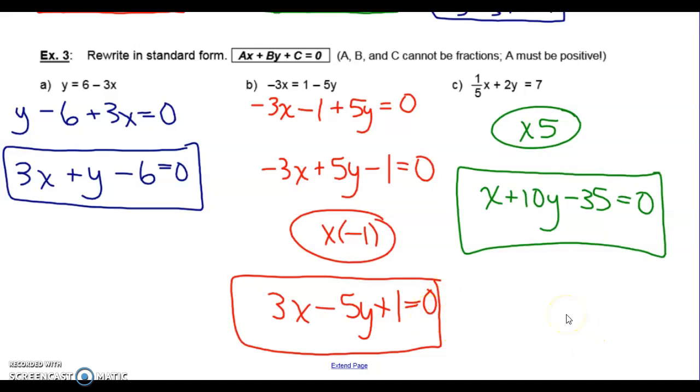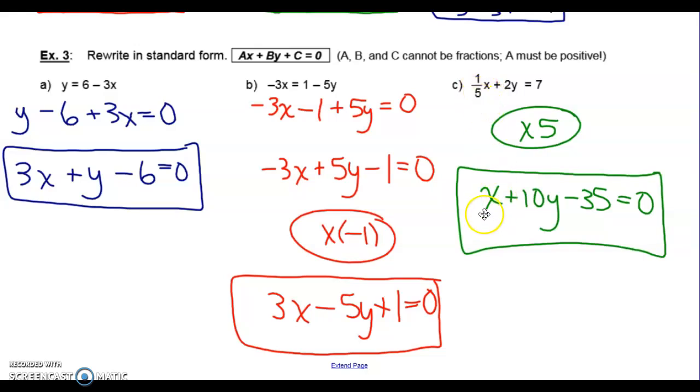Okay? In my last example here, example C, notice that I have a fraction. Well, it says up here that no fractions are allowed in standard form. So the easiest way to get rid of this fraction is to multiply every single term by the denominator. So everything gets multiplied by 5, and I'm left with